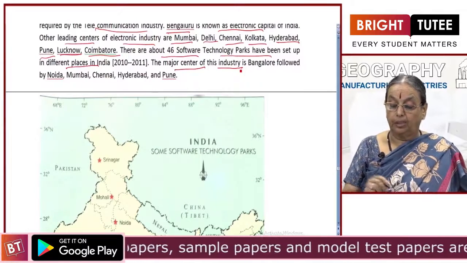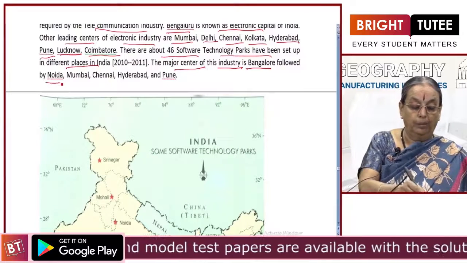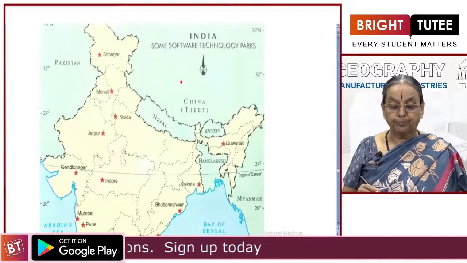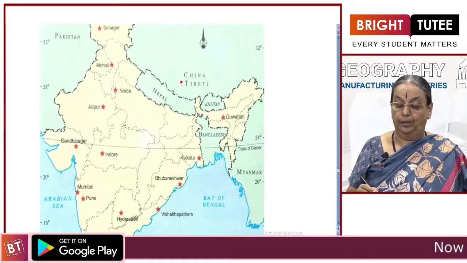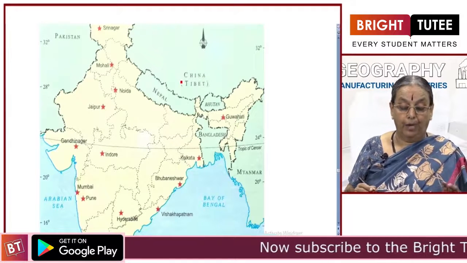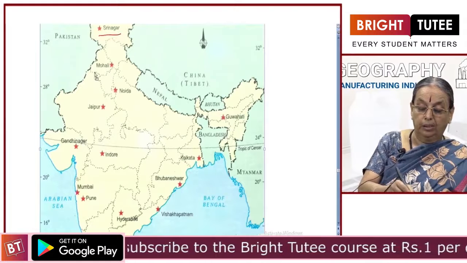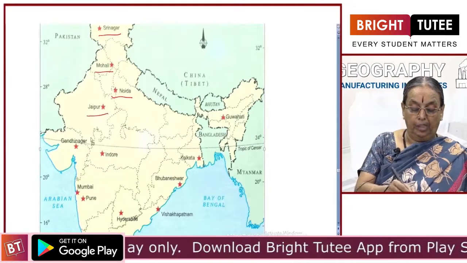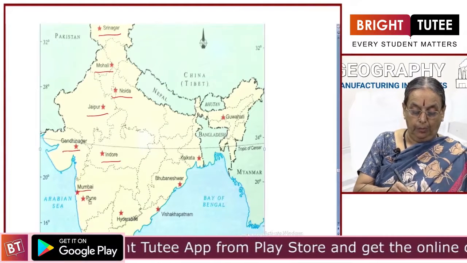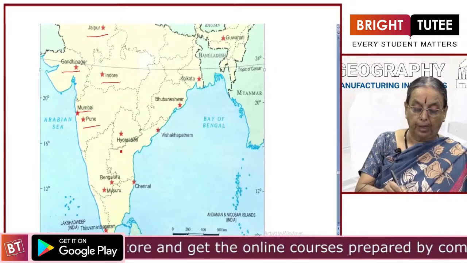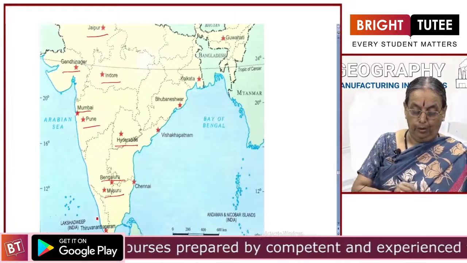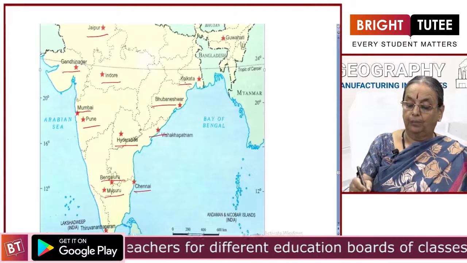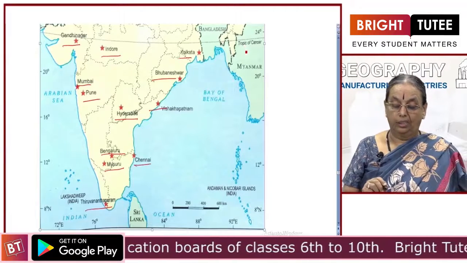The major centers of this industry are Bangalore, followed by Noida, Mumbai, Chennai, Hyderabad, and Pune. So, you can see the location of these software technology parks. It can be given in the map work. So, please learn all these centers. It will be asked for identification. Okay, Srinagar, Mohali, Noida, Jaipur, Gandhinagar, Indore, Mumbai, and Pune. Then we have Hyderabad, Bengaluru, Mysore, Thiruvananthapuram, Chennai, Visakhapatnam, Bhubaneswar, Kolkata, then Guwahati. So, these are all the various centers of